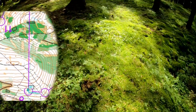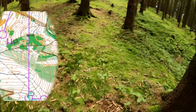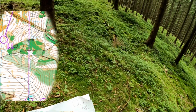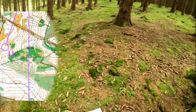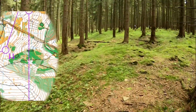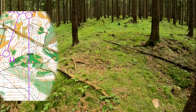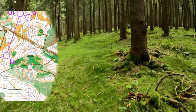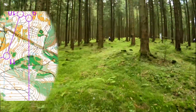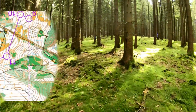and here I did a bad route choice. I don't really know why. Actually, I think I did choose to go the way I will go because I wanted to go a shorter way, let's say. And so at first straight uphill, and you know, I already had some kind of hill in my legs, so I wasn't really running. I tried, but it was like, you know, run, walk. And